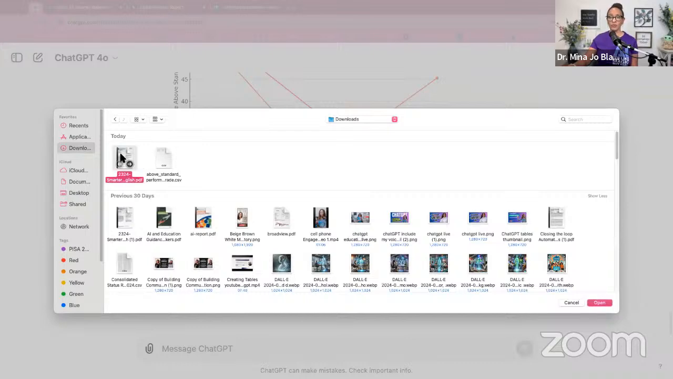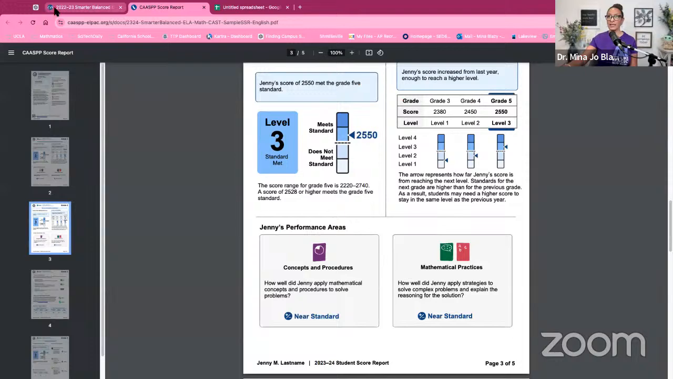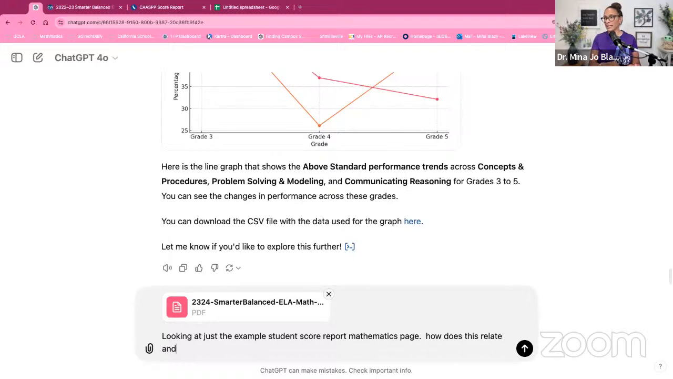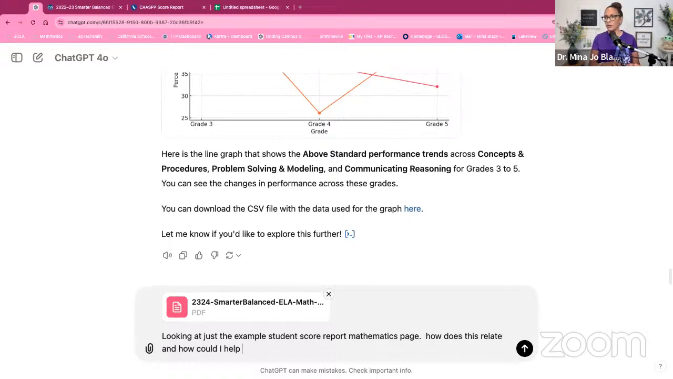And one last thing is I'm going to take that student score report that I downloaded here, and this was the student score report that I showed you that was here. And so I uploaded it, and I can ask, looking at just the example student score report, mathematics page, how does this relate? And how could I help this student and grade level teacher inform and discuss how to